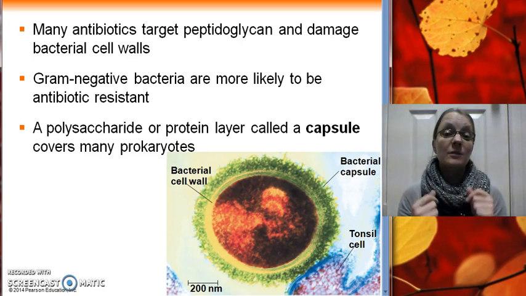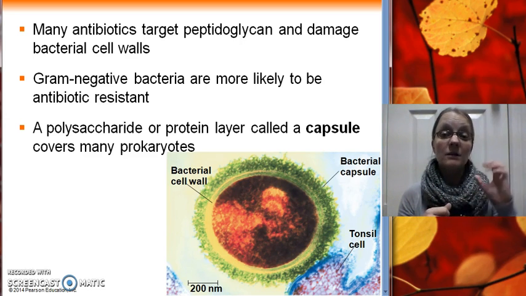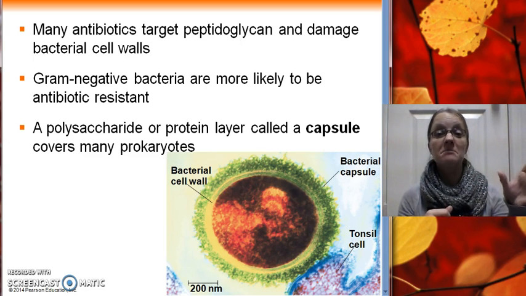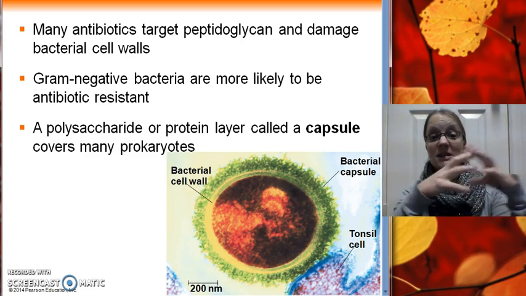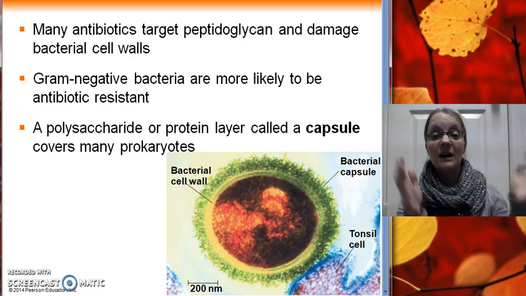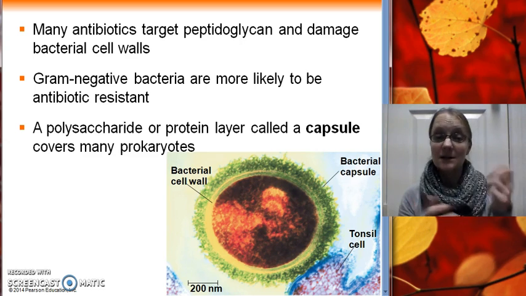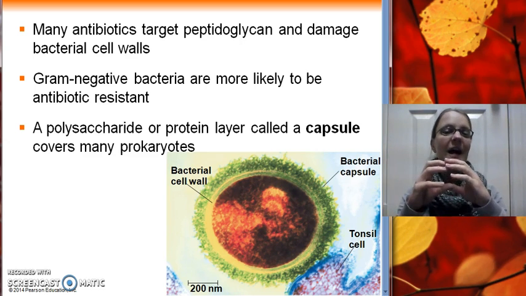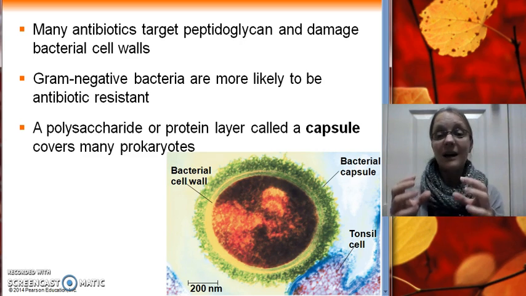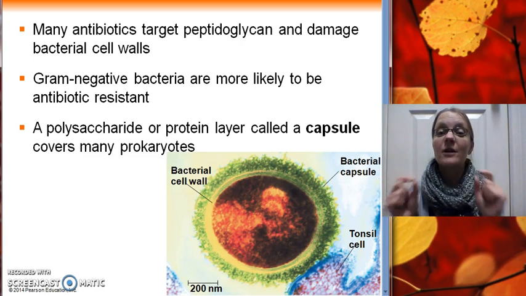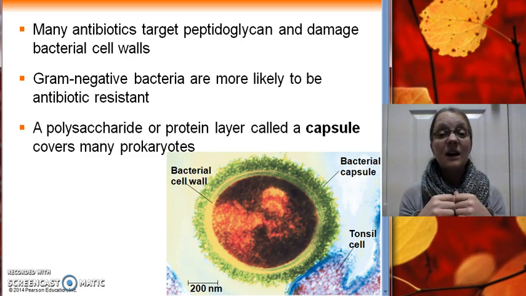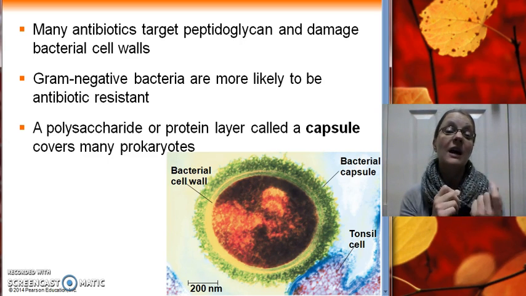If an antibiotic attacks the peptidoglycan layer of the cell wall, for the gram-positive bacteria, it's pretty easy for that antibiotic to attack the peptidoglycan layer, degrade it, and now the gram-positive cell is at risk. Gram-negative cells, though, remember they have that outer membrane. Not only is this guy nasty because it can be toxic, but that extra outer membrane actually protects that thin layer of peptidoglycan from damage by antibiotics. So many of the gram-negative bacteria are actually antibiotic resistant